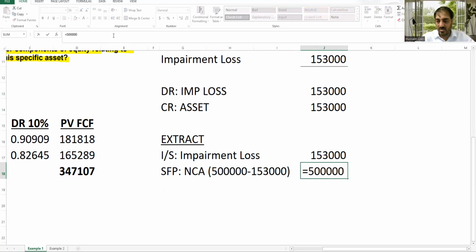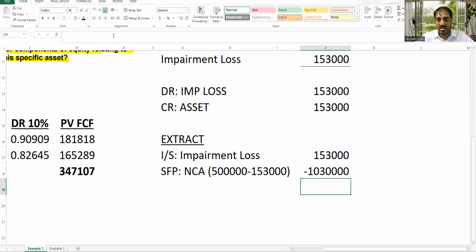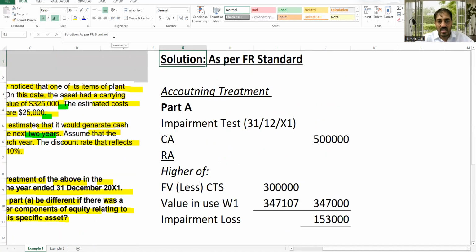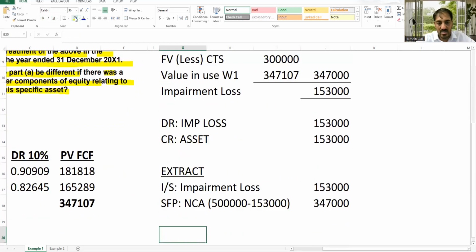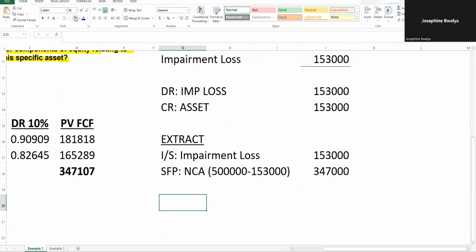Is equal to 500,000 minus 153,000, and that equals 347,000. This is part A, sir. And this part A, I must say, is F7 caliber reply. This is F7 caliber reply. And if I complete with the part B as well,